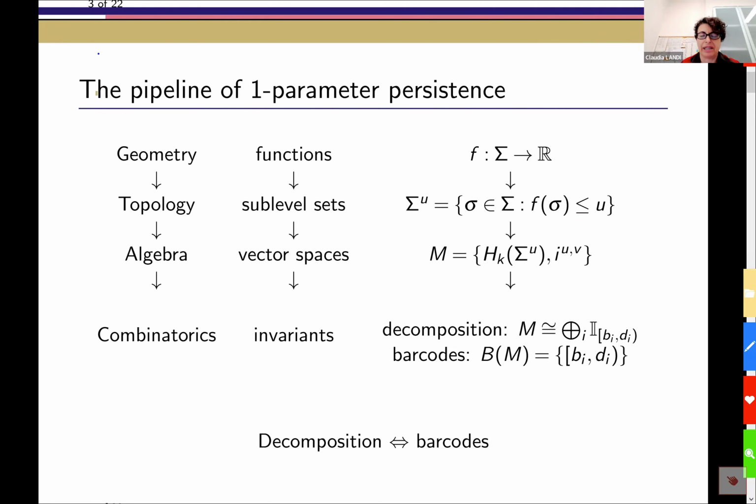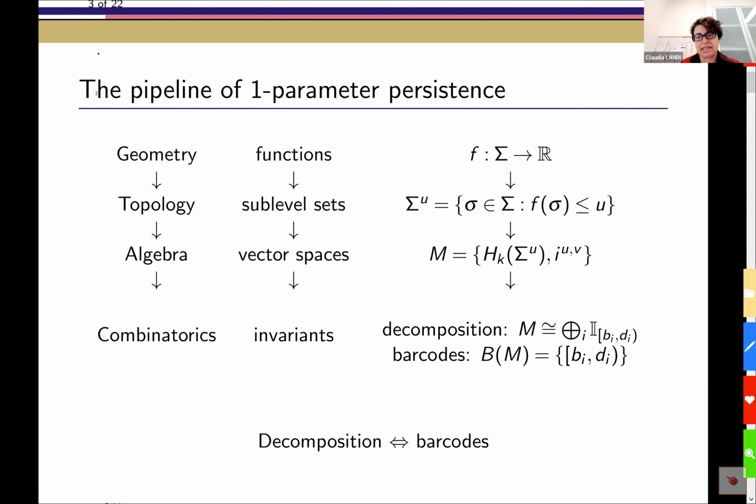They form a filtration in the sense that these sublevel sets are nested one into the other as the real parameter u increases, and then one applies homology and one gets the persistence module M, which can